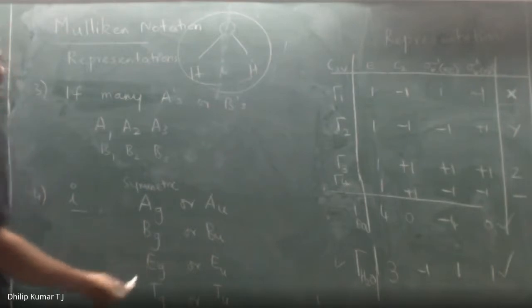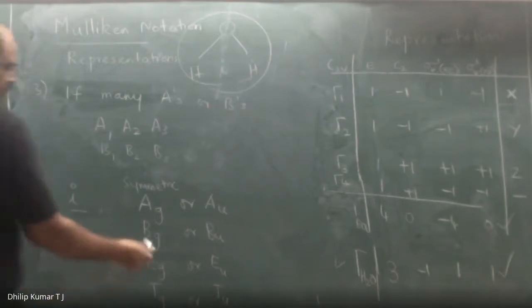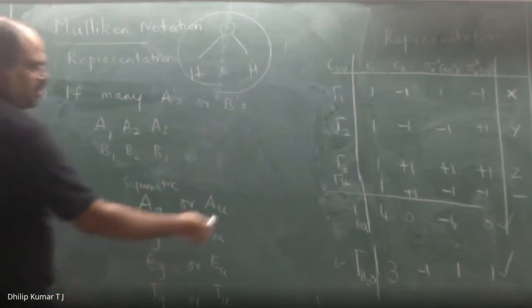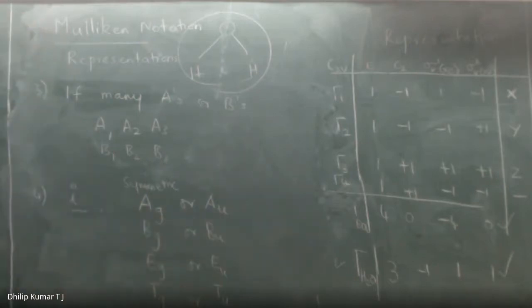E is a two-dimensional character, T is a three-dimensional character. And then if they are symmetric with respect to I, then it is G. If it is not, it is given by U. So G is gerade, U is ungerade. So this is the fourth. And the last one is maybe you can say this is